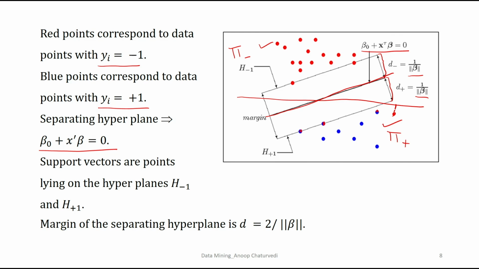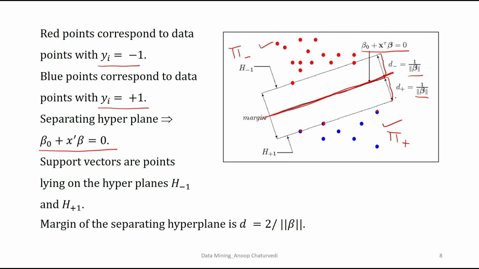Or suppose there is some observation in this region, then just a slight change classifies the observation into this class. So, basically what we want to do is maximize the margin of this supporting hyperplane from the support vectors